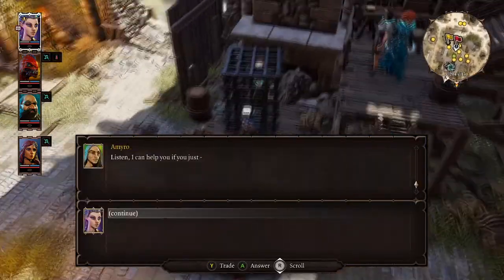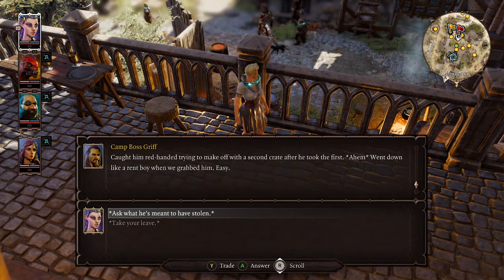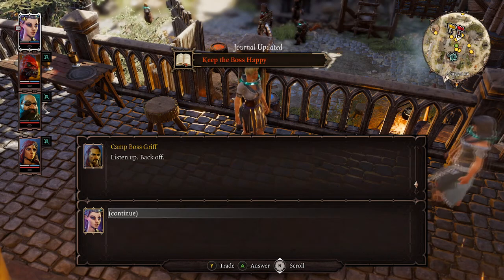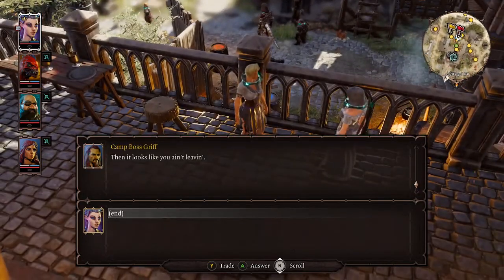Leave him be. Listen. Shut up, elf. This clown. You caught him red-handed trying to help himself to the supplies. Not like this. There's too many of them. Then it looks like you...